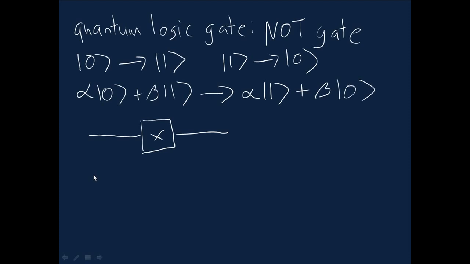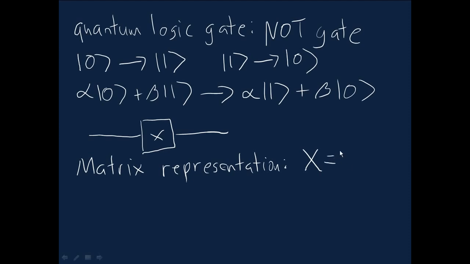There's another representation, a matrix representation of the action of the quantum NOT gate. So let me describe that representation. The action of the NOT gate can actually be represented in terms of this 2 by 2 matrix. And to see why that's the case, well, we want the NOT gate, the X, on 0 to produce the 1 state. Well, what happens if we look at this matrix